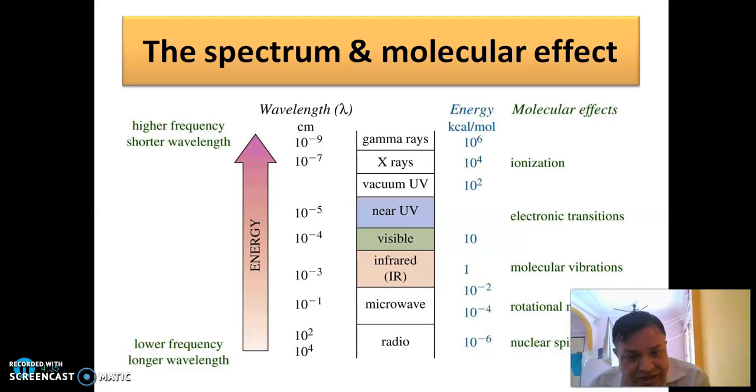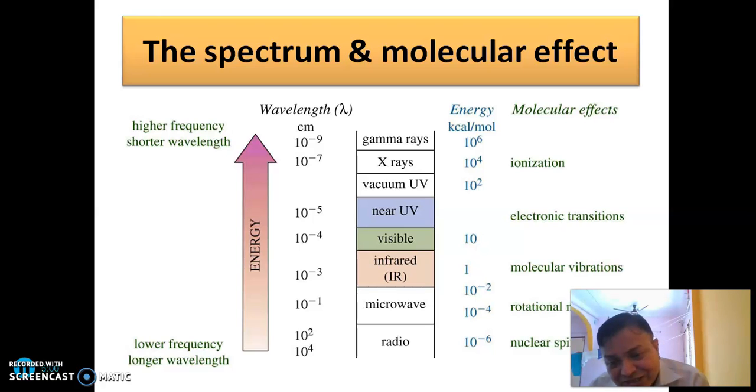Now microwave, that is wavelength from 1 centimeter to 100 centimeter, and that radiation has less energy. It does not directly interact with the matter, but in the presence of a strong magnetic field, it interacts with the matter and makes changes